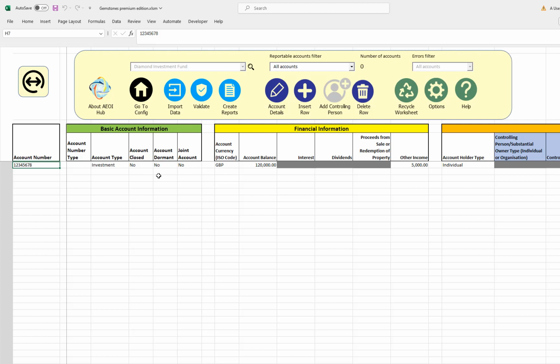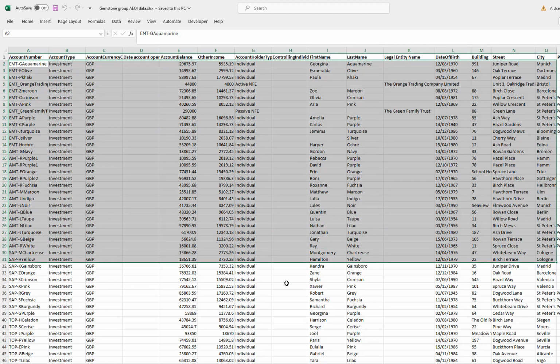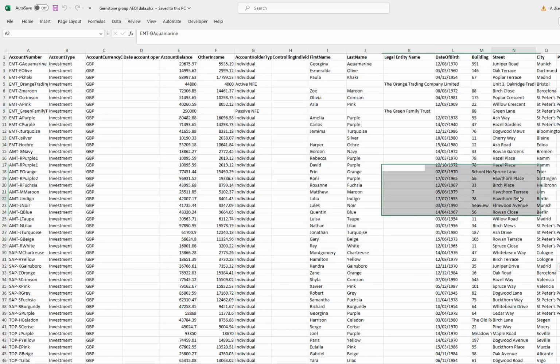The third method you can use is to import data from another Excel worksheet. Before I walk you through the process, we're just going to look at an example of the type of data that you might want to import. This is an example of a spreadsheet with information you want to import. It has a row here with all your column headings, then it has all your account details that you want to import.